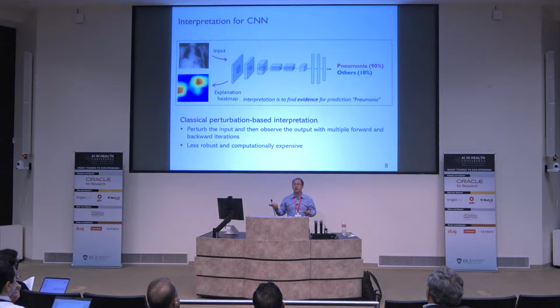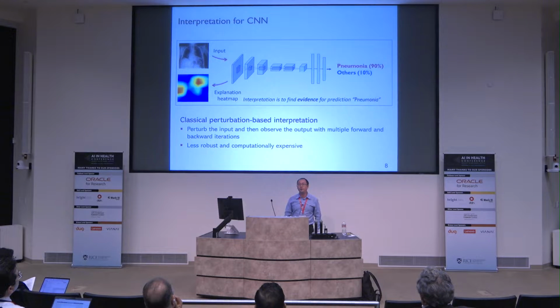This will be a large number of small regions we need to knock out, and we need to decide whether we need to use a sliding window or not. So that's why it's a very computationally expensive process. And the second problem we observe from this process is that it will be less robust and computationally very expensive. Less robust here means